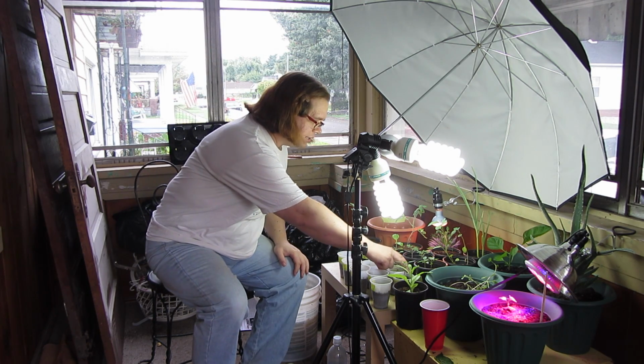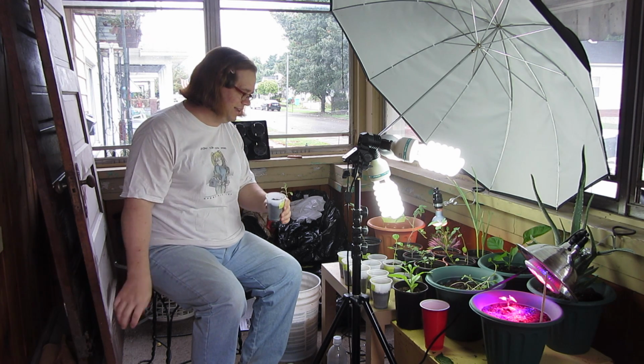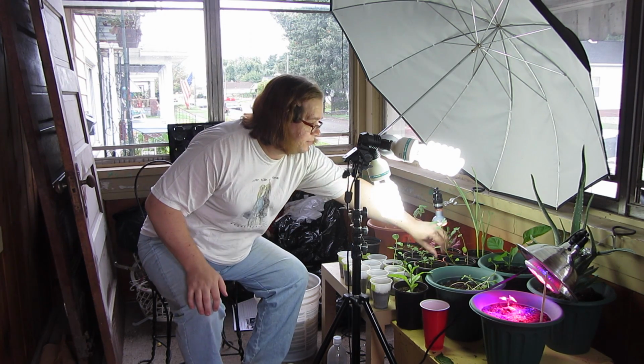Feeding my plants is one thing. Weeding my plants is another. Yeah, I actually get weeds out here, believe it or not. And, I get bugs too. Here's a good example. This is